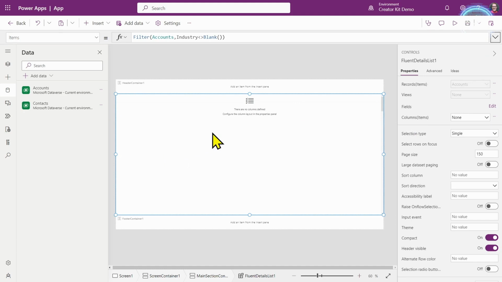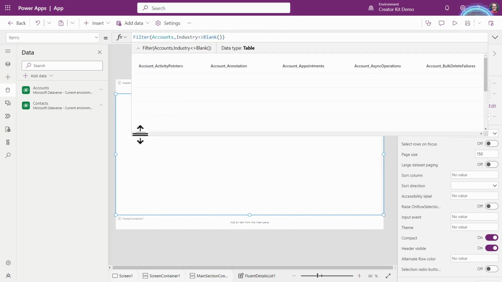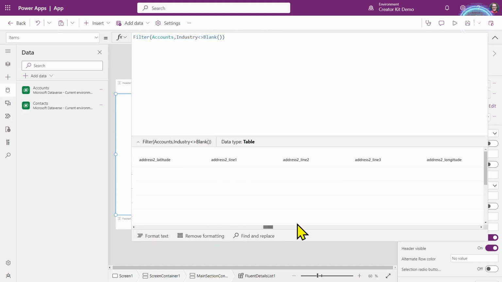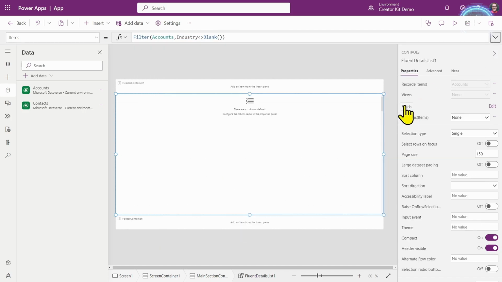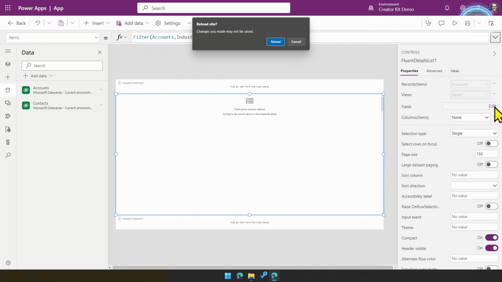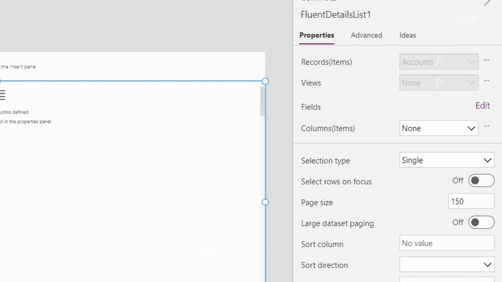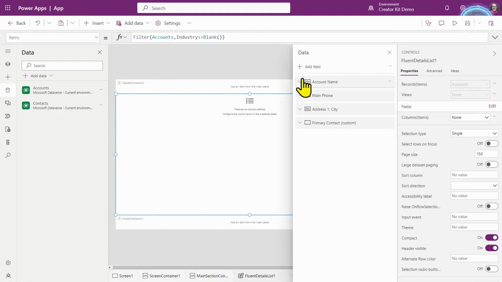Okay, it's still not giving us any records, even though this will actually return. If we do a drop down here, you can see it's got a whole load of records in there. There they all are. The reason being is, first, we've got to do a couple of steps here. Firstly, we've got to select the fields and then define the column layout. If you've built a model-driven app, this is the equivalent of creating a view.